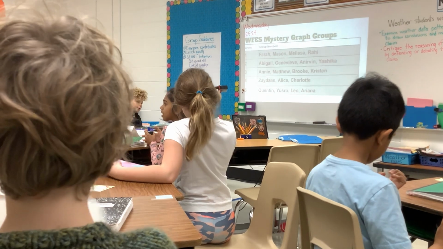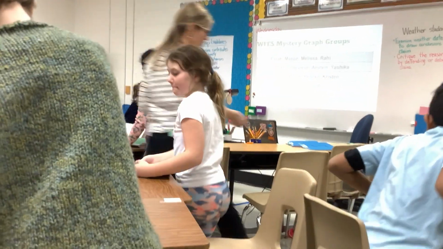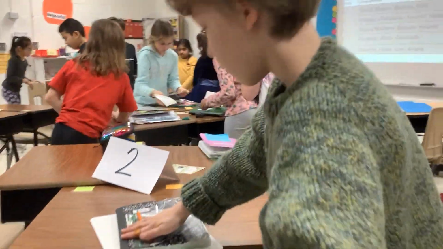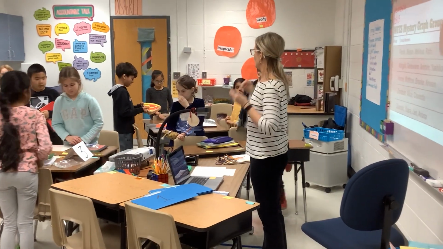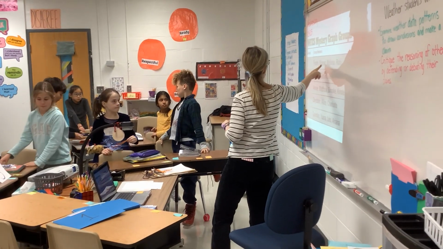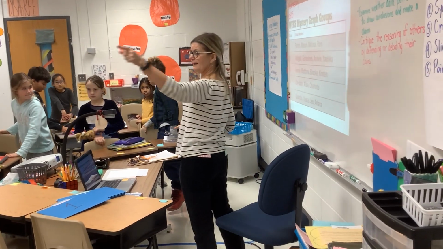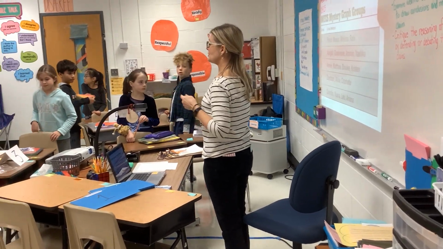All right. Go ahead and stand behind your push-in chair. Everybody breathe. Nobody should be touching anything in the center of your table. We're standing behind our push-in chairs. Your group number, so Brock, Mason, Melissa, and Rocky, they will be working over here. Some groups have 4 and some groups have 3.